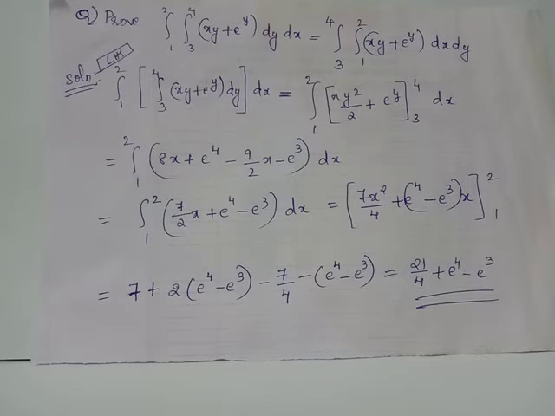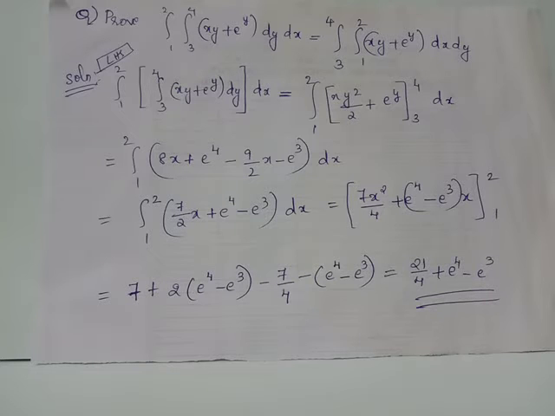Recall that whenever we have constant limits for both the variables, we are performing integration over a rectangular region. Let us do the integration as per LHS. That is, first we will do integration with respect to y, treating x as a constant, and then we will perform the integration with respect to x.